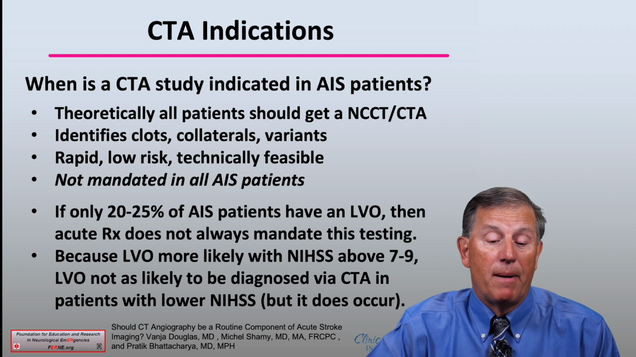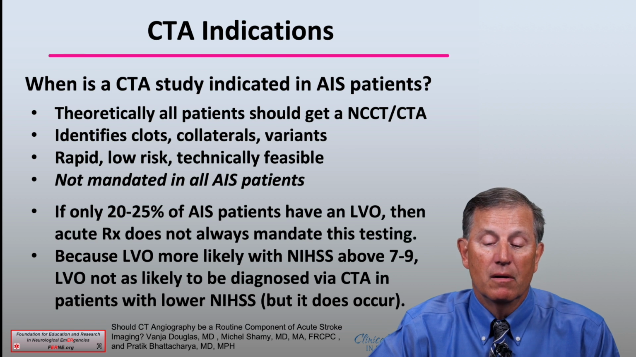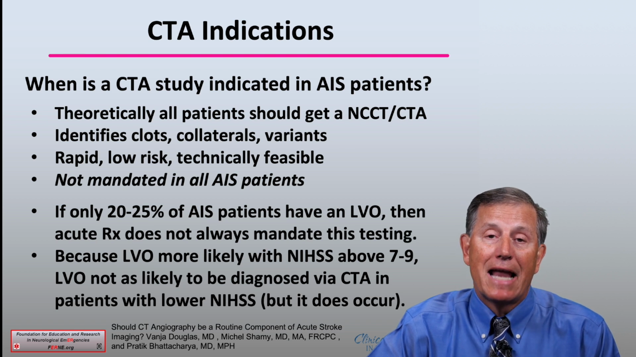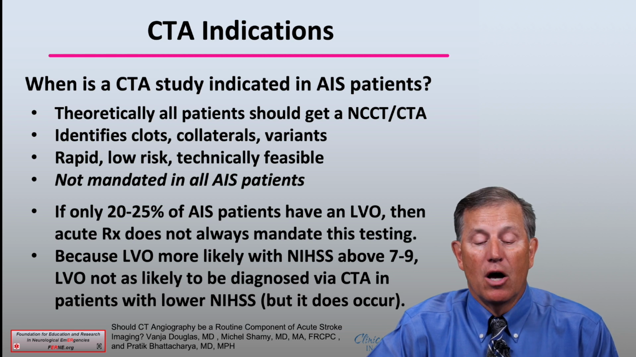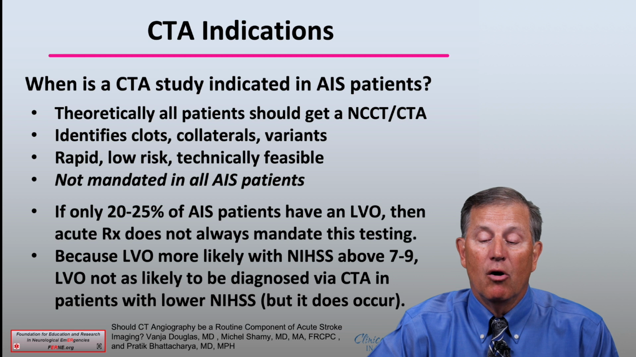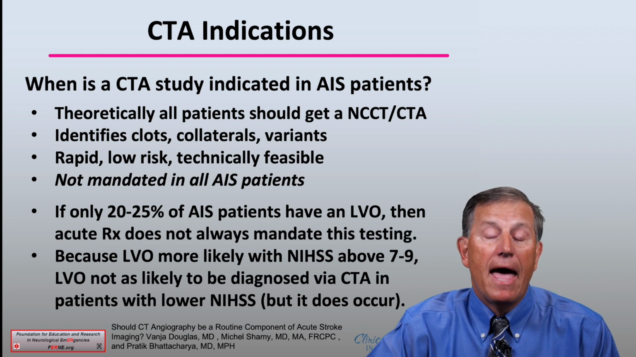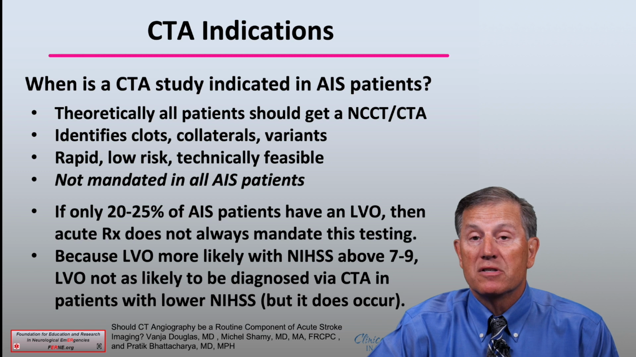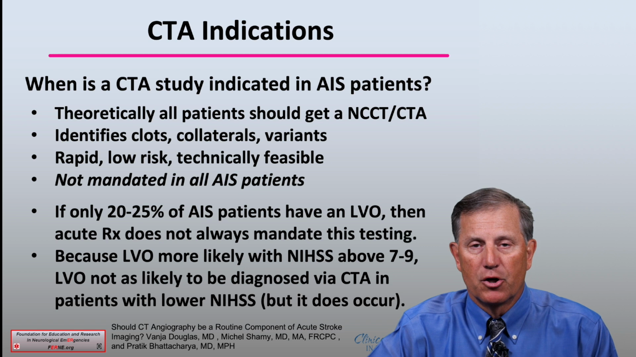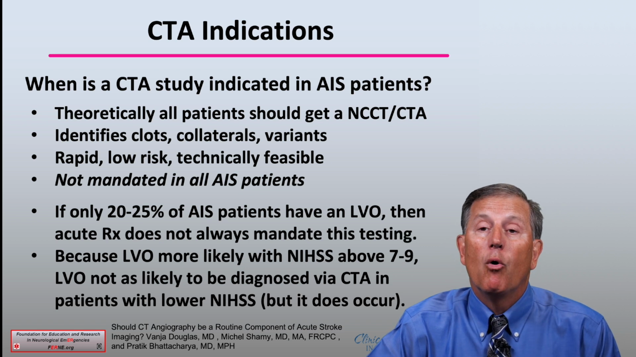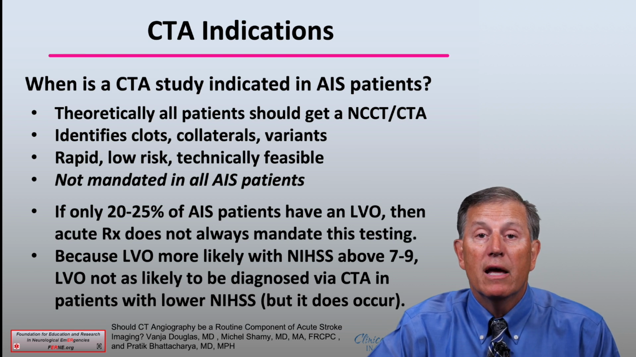If we assume that only about 20 to 25% of acute ischemic stroke patients have a large vessel occlusion, then the acute diagnostic paradigm and treatment approach does not always mandate this testing. And because an LVO is more likely with an NIH stroke scale above 7 to 9, LVO is not as likely to be diagnosed via CTA in patients with a lower NIH stroke scale, although it does occur on some occasions. The point is, because there are not LVOs in all patients who present with stroke, it is not necessary